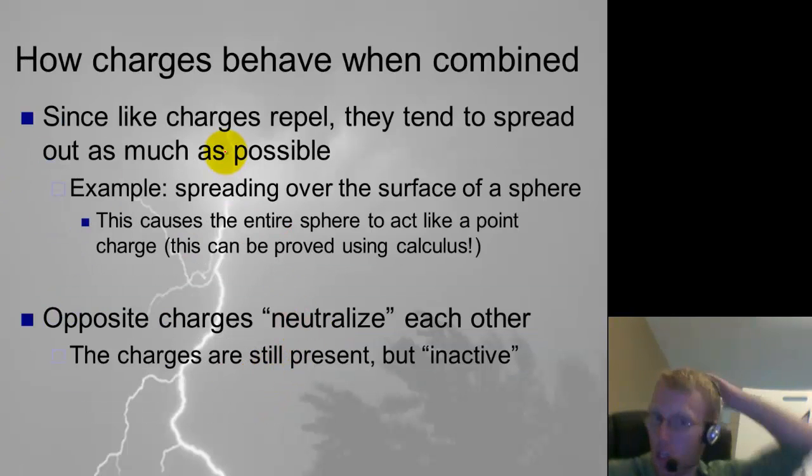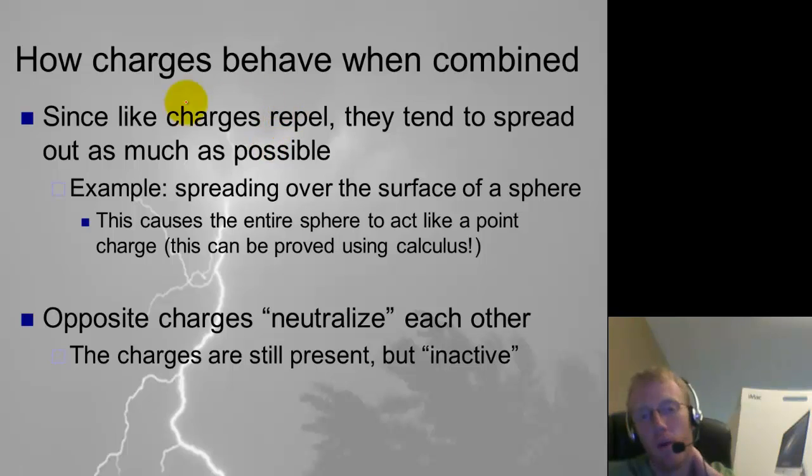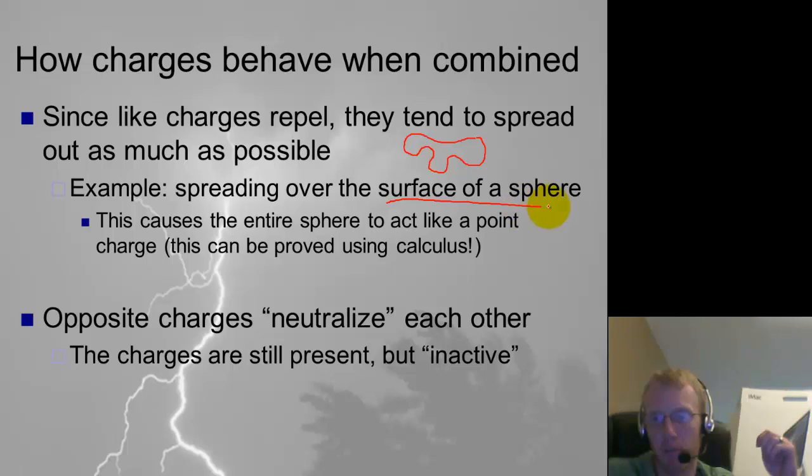Okay? How do charges behave when we combine them together? Well, we already said that like charges repel, so they want to get as far away from each other as possible. So if you have some weird shaped object, it may not be clear what distribution they'll have to get as far away as possible. In fact, a problem like this requires quite a bit of calculus to figure out the exact distribution of how they will spread out, which is essentially trying to reduce themselves to the lowest energy state. But the one thing that we can talk about is a sphere, because it's a nice